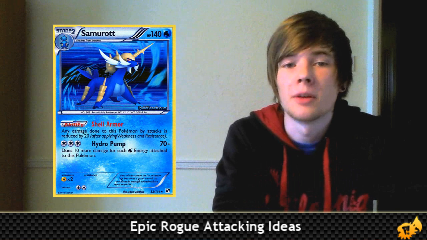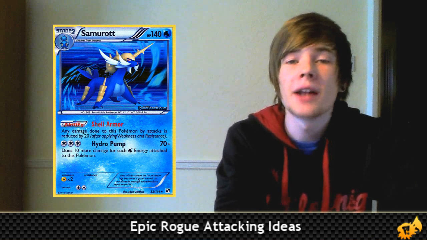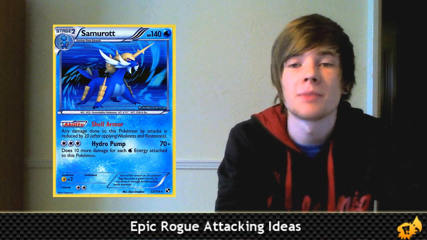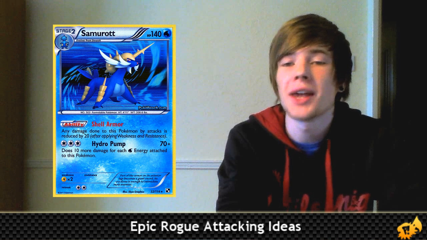First up, we have Samurott. This card has an ability which is exactly the same as Donphan Prime, and covers that water type weakness that Suicune Entei Legend did in the original list. Now this card has a complete colourless attack cost, so it won't need a whole change in energy lines, and